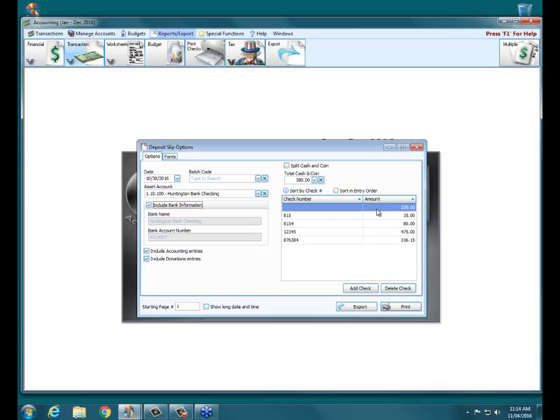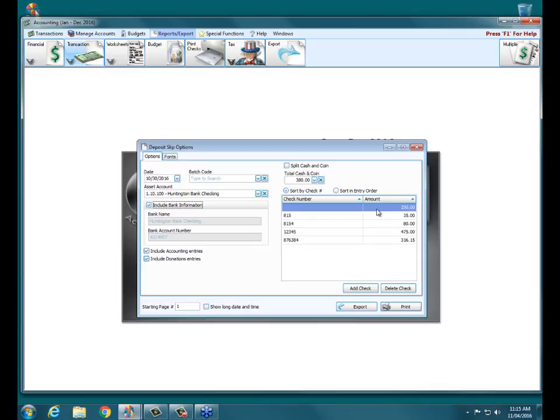So, if you do use the deposit slip or want to attach the deposit slip that Church Windows creates for you to one of your actual bank deposit slips, I know many churches where the financial institution will accept that. Especially since we can include the bank account number on our deposit slip in Church Windows, you can include both your accounting and your donation transactions on the same deposit slip, provided again they share the same date and post to the same asset.